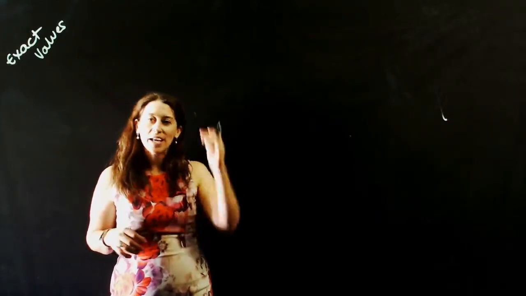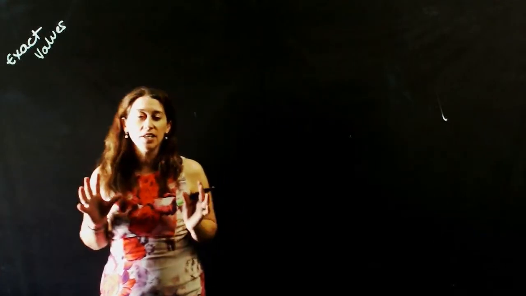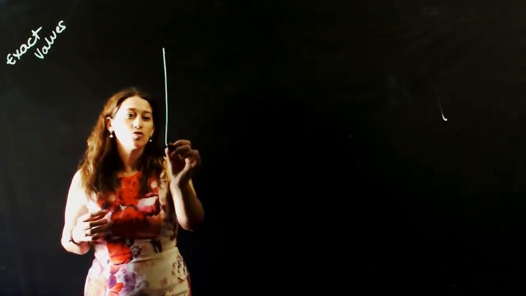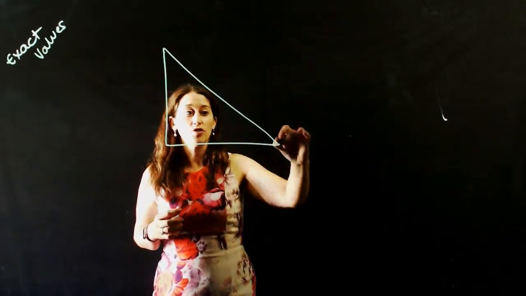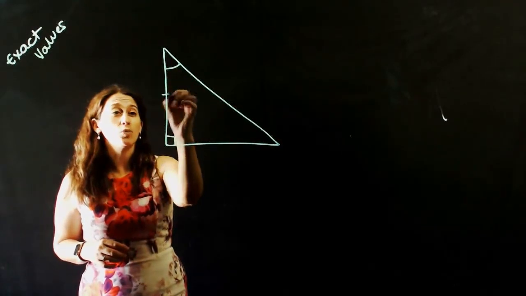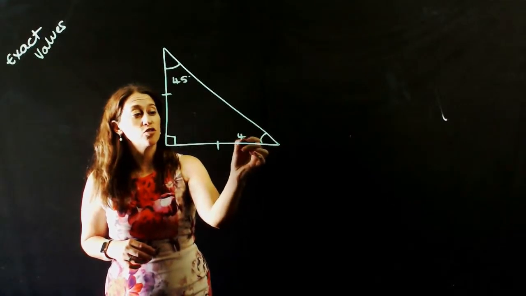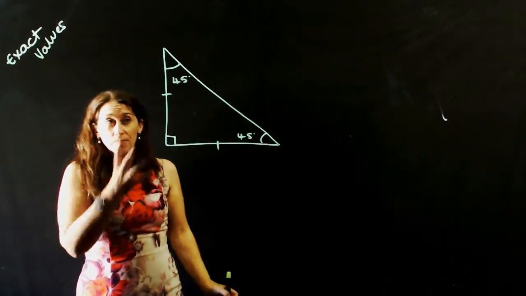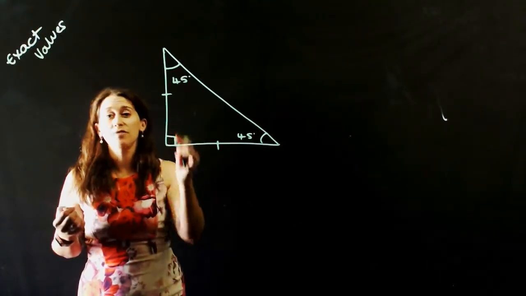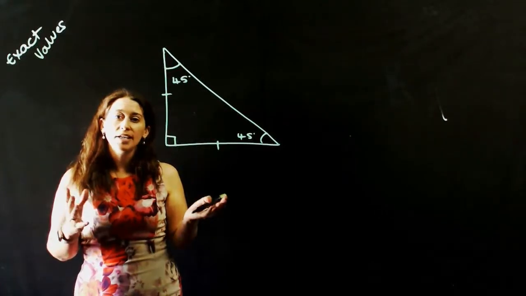Today I'm going to talk to you about exact values in trigonometry. So let's just talk about the isosceles triangle first of all. If I want to draw an isosceles triangle and use trigonometry, I need to have a right angle. And that means that these angles here would be 45 degrees each because of the sum of the angles in a triangle. So having a look at this, if I'm going to work out what's sine of 45, what's cos of 45 and what's tan of 45 in exact values, I need to put some measurements on